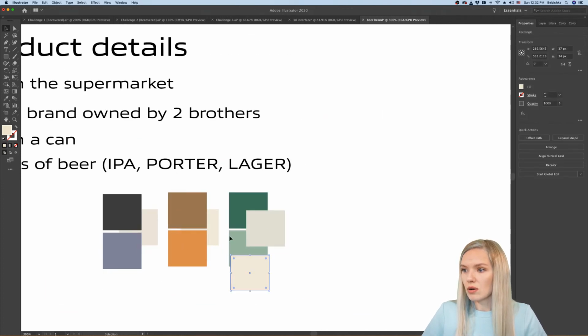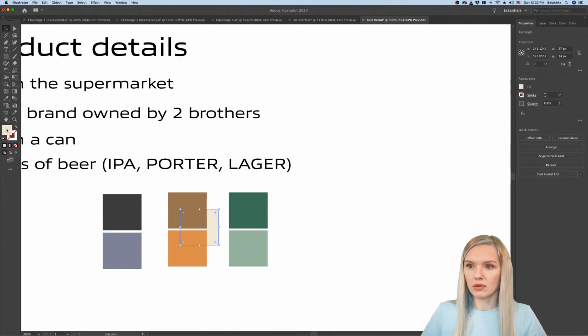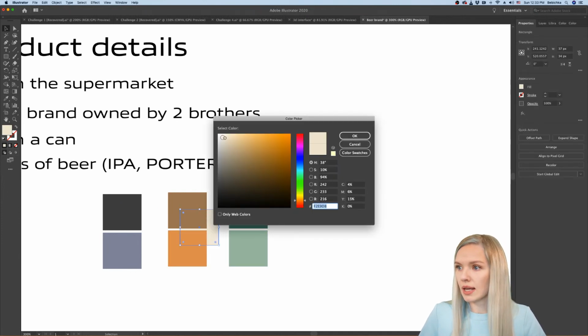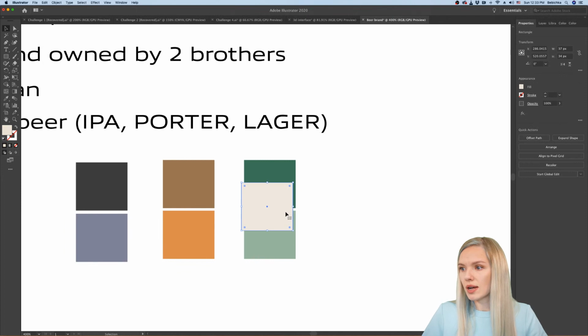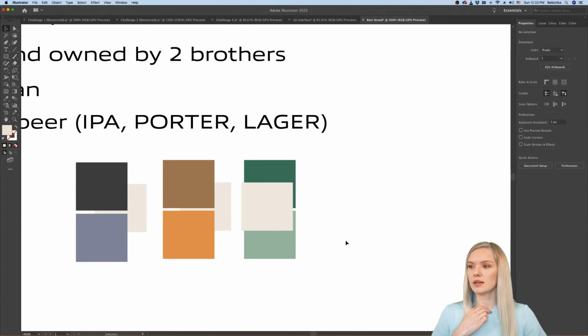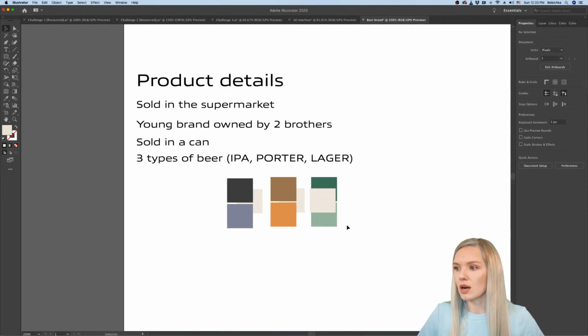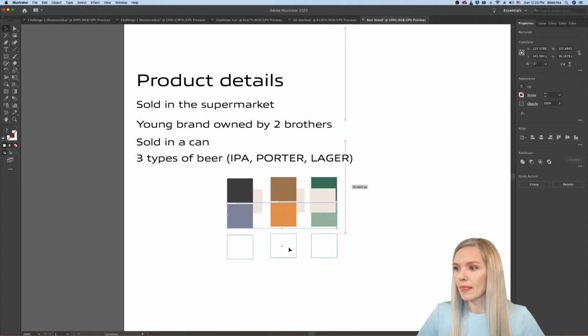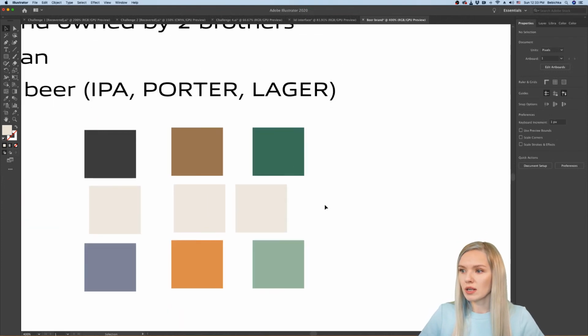Okay, so all right, I made the decision. This is going to be that one, but I'm going to go a little lighter, just so it's a better contrast. Yeah, I think that should work. Okay, now we basically have our color palettes for our beers. If I were really working on a project, I would probably work on them a little bit more. And I'm going to show you a little trick right now how I usually